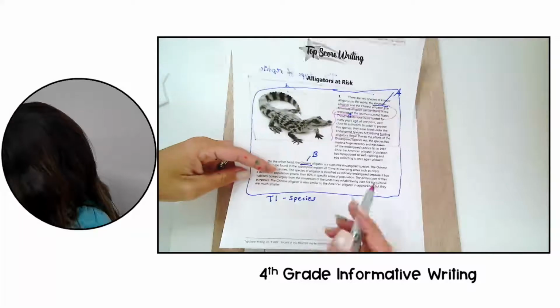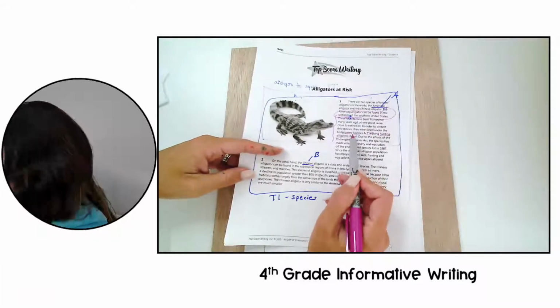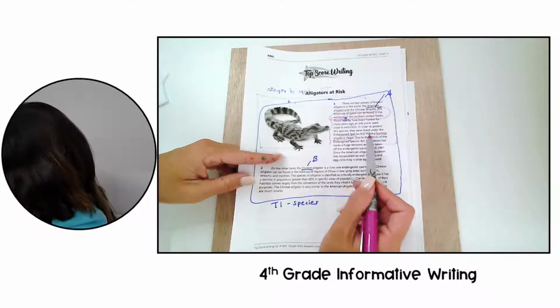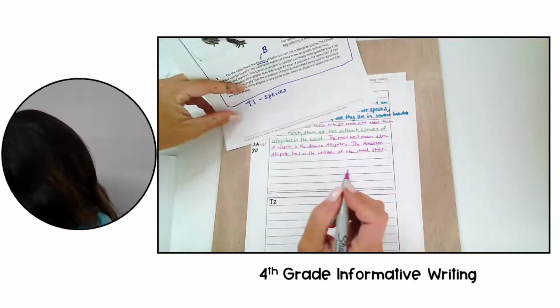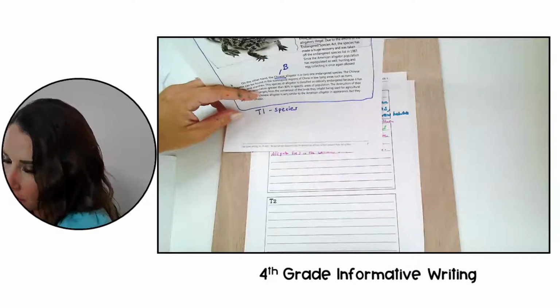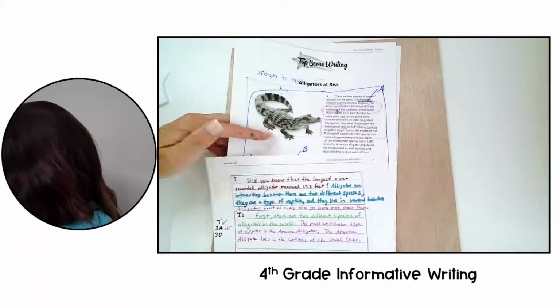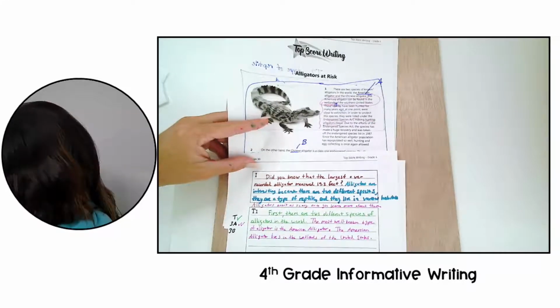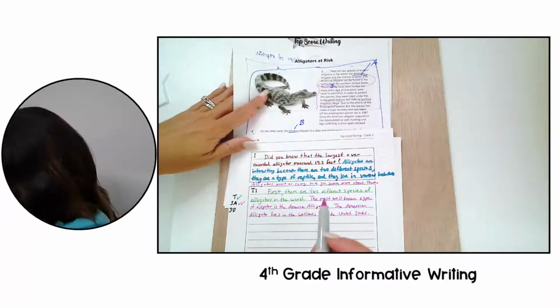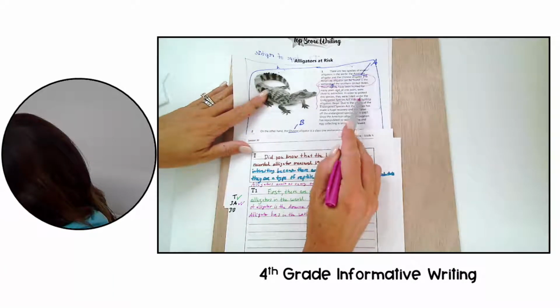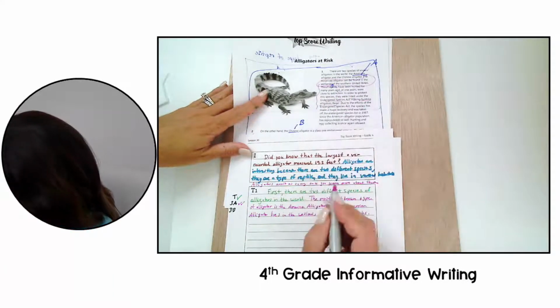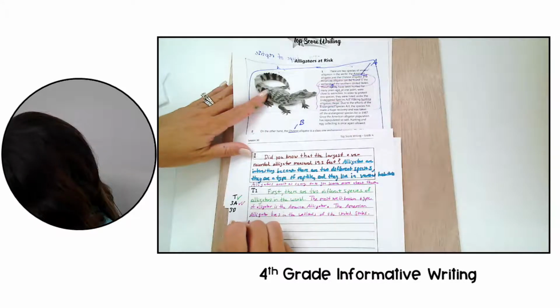Now, down here it talked about that they were listed under the Endangered Species Act, and that hunting was illegal. So I'm going to make my own sentence about that. I'm going to try to put them side by side for you so you can see how I make my sentence. Okay, so there's the sentence from the text. I'm going to put it into my own words. I'm going to say,